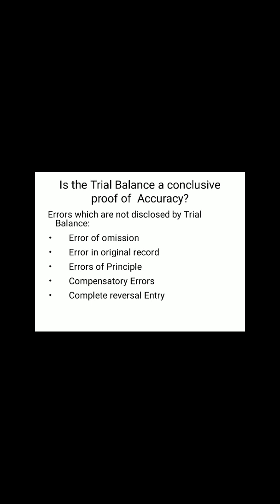Compensatory errors refer to, for example, some amount payable to X. X has to receive 1000, but we have shown it to Y in place of X. So in place of X we have debited Y, and the total will again remain the same. Or you may say the payment for X is 10 rupees but for Y it is 100, but we have interchanged the values, 100 for X and 10 for Y. The total will again be 110 on the same side, so the total will not be affected.